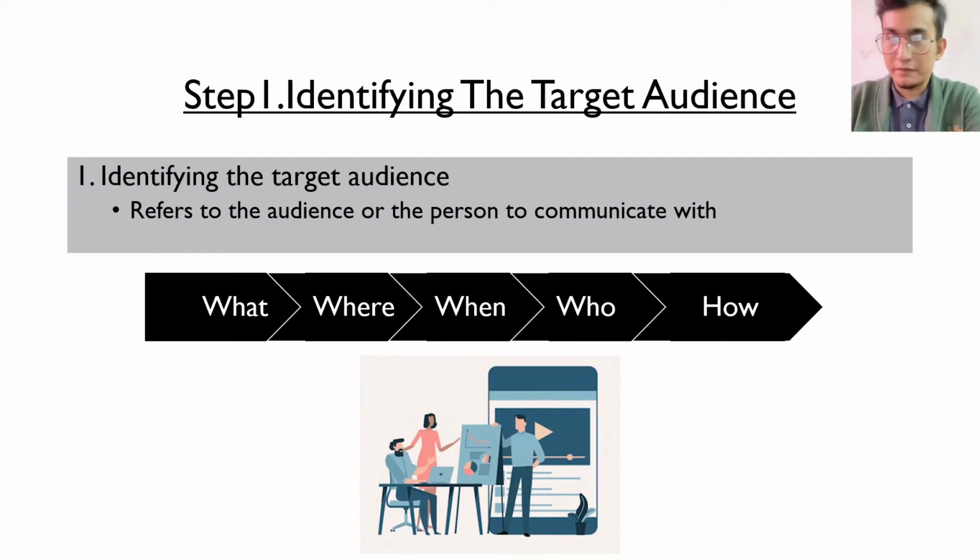I will talk about the first step. The first step is identifying the target audience. This refers to the audience or person to communicate with. I will use an example. Even for the same product, the target audience may be different in different countries. For example, certain consumer durables, which are used even by the low income group in the advanced countries, may be used in the high income group in the more developing countries. In several cases, the need or satisfaction by the product varies between markets.